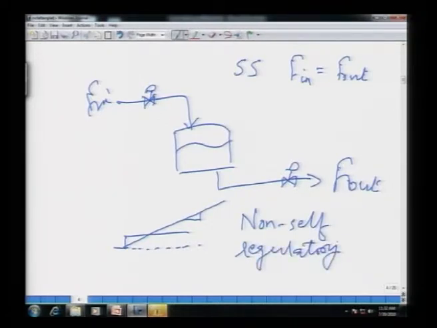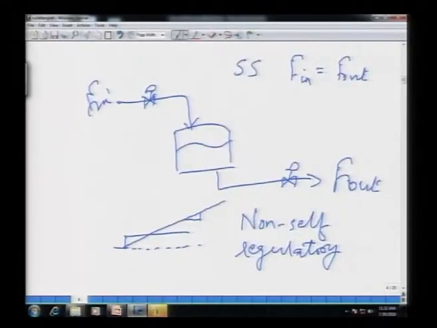So, liquid level in a tank is a non-self regulatory variable. What does it mean? It means the liquid level won't regulate itself. You have to control the level so that the tank doesn't overflow or run dry because the flows are not matched, right. So, what that essentially implies is all non-self regulatory variables in a process must be controlled, because they